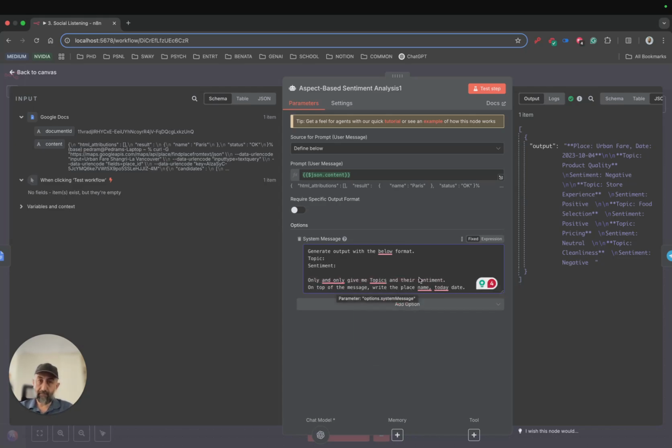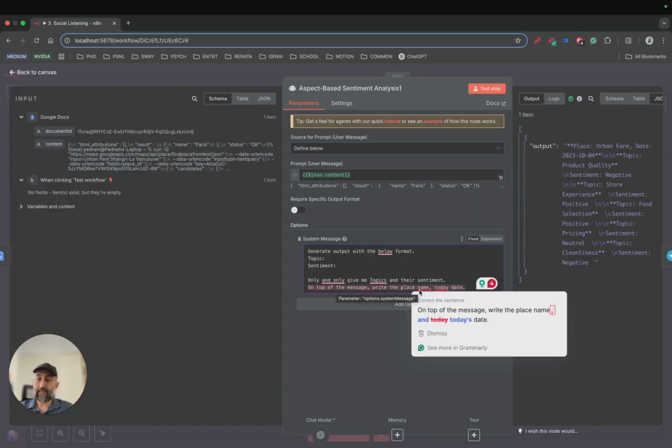On top of the message that the model is supposed to create, write the place name and today's date whenever the model runs the analysis. This helps me, for example, create more sophisticated reports.